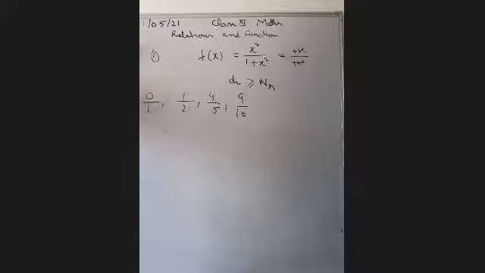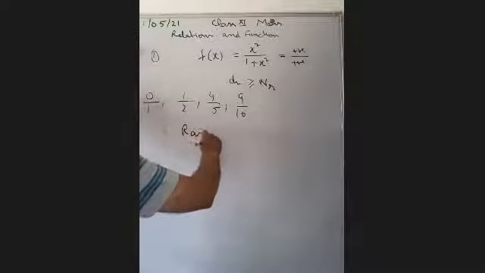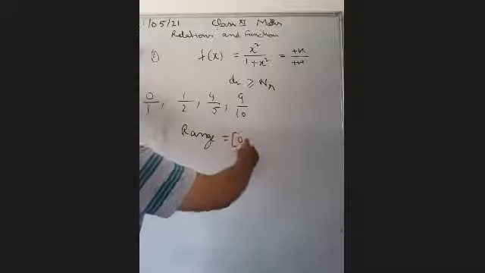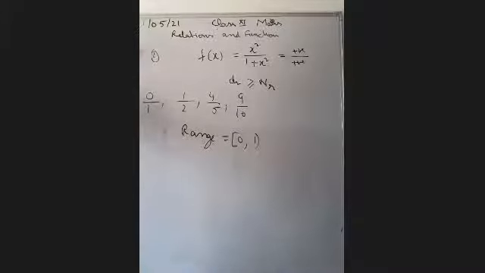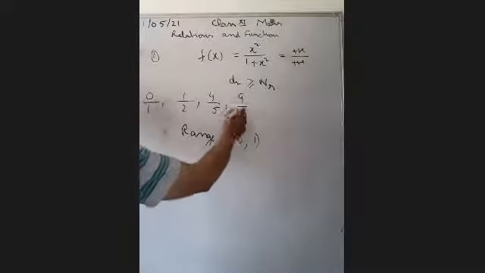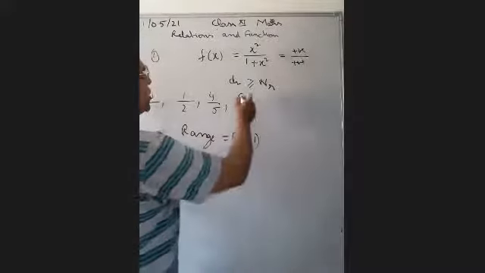यानी कि is equal to 0. So minimum 0. Minimum value of this function will be equal to 0. Or maximum it can be equal to 1, but not 1. Approximately equal to 1. Because the denominator in all cases is greater than the numerator. But if you put a higher value, you will be close to 1.